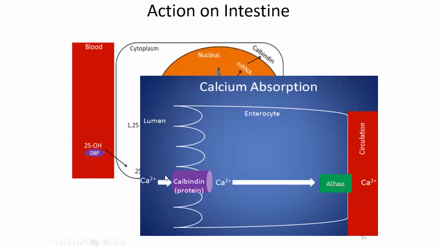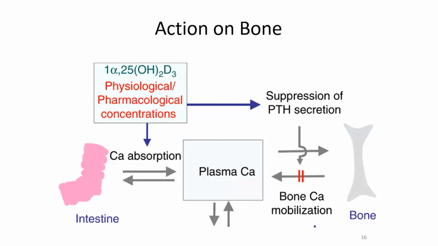This transports or absorbs the calcium from the lumen into the intestinal cell, and from there into the circulation. So acting through the intestine, it helps in increased absorption of calcium, acting through the calcium binding protein calbindin. Then acting on the bone, we all know bone mineralization is going to happen by the presence of this particular vitamin D. If we have sufficient levels of vitamin D, mineralization of the bone is going to happen in a sufficient manner, or else it goes in a reverse process.